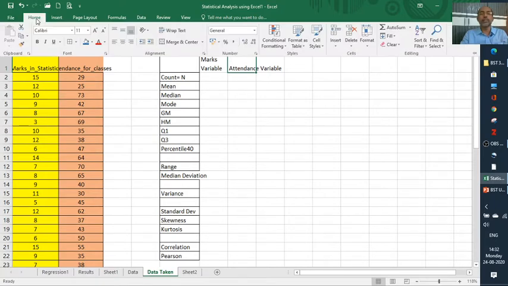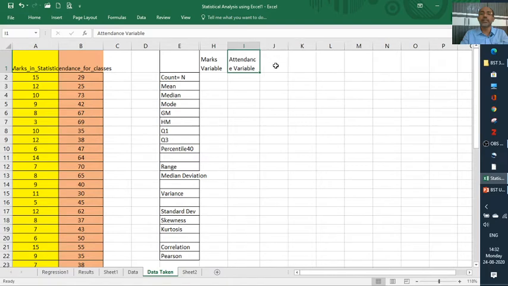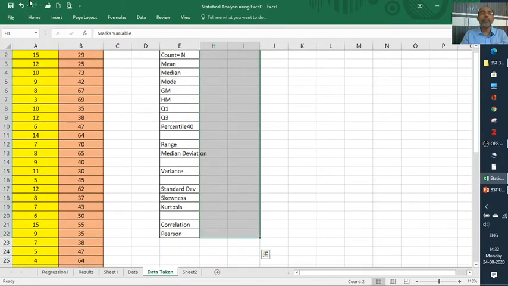Why we are taking them is that calculating one number or two numbers, whatever it may be, is very easy for the computer.